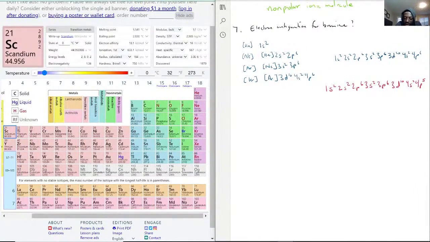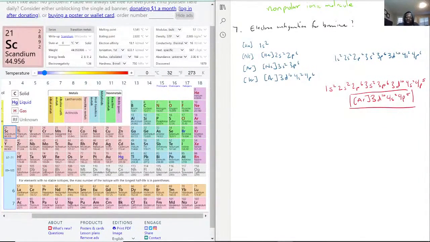And if you want to write the shorthand version, it would start at argon, the most recent noble gas, like with the krypton, and we just have to fill out the valence shell, and also include the d level as well. So the 3d10, 4s2,